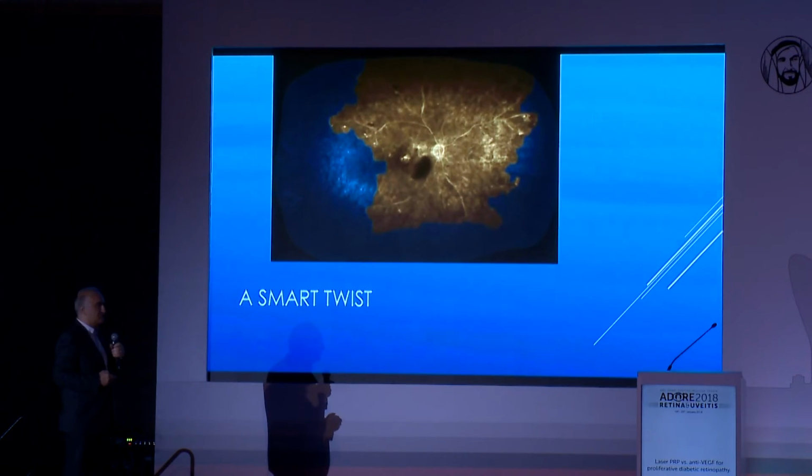And he was fed up and he wanted to have anything just to avoid his repeated injections. So that was his ischemic index, as you can see here, after the injection. And it shows that the central ischemic retina...